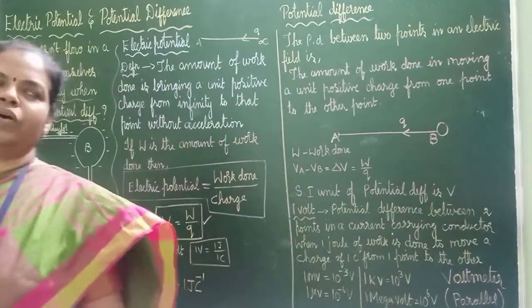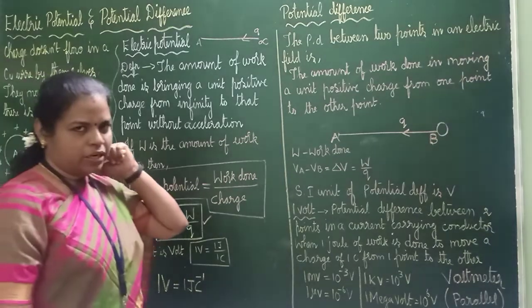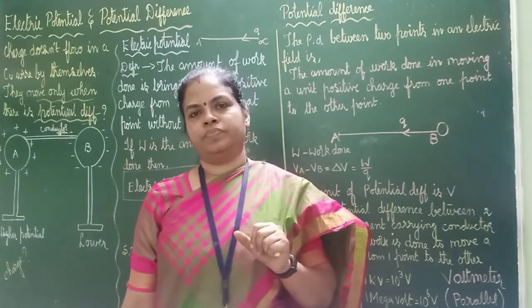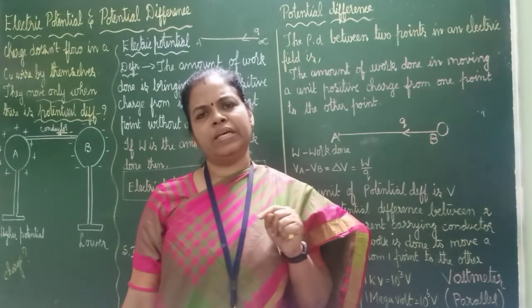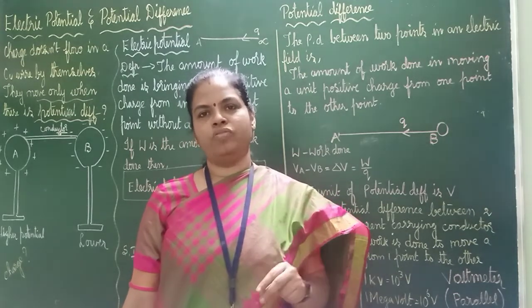Okay. Now, charge doesn't flow in a copper wire just like that. Like now we are using a copper wire and you are allowing current to pass through. Will it flow just like that? No, it will not flow. What should be there? Potential difference should be there. Then only there will be flow of electrons.